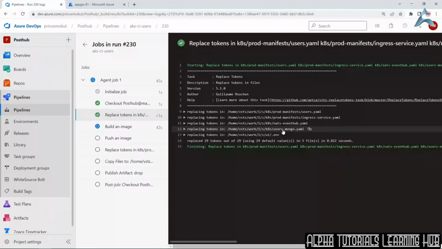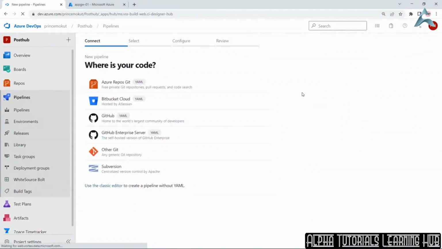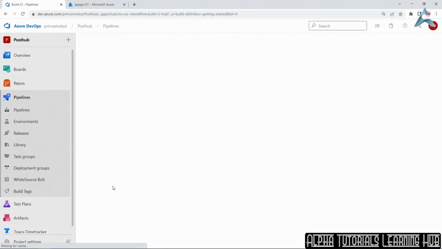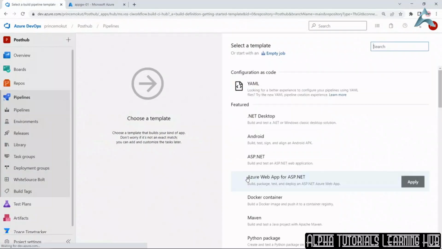Now let's repeat the process for the posts microservice. You can wait to check that this built successfully, but we'll just proceed. Click on Pipelines, and then select New Pipeline. Choose the Use the Classic Editor option, and make sure that the right repository and branch is selected. Click Continue. Select an empty job,